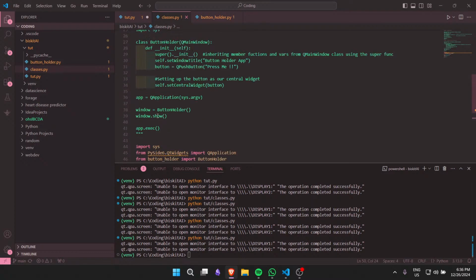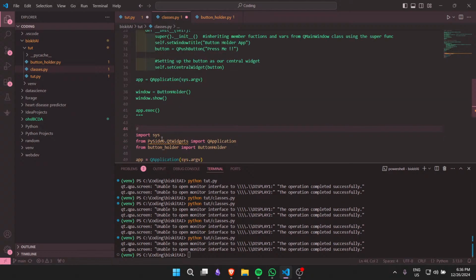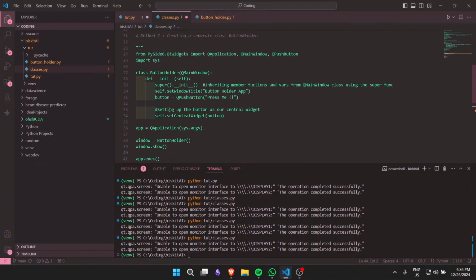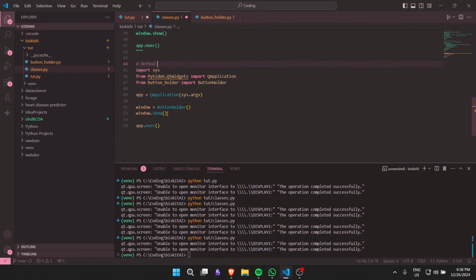In this lecture, we are going to learn about signals and slots in Qt. And signals and slots are a mechanism that Qt provides to connect things. In other words, when something happens, we want to respond in some other part of our code. Suppose on the left here we have a push button, and we want to do something when that button is clicked. The way we do that, we set up a piece of code that is going to respond to the